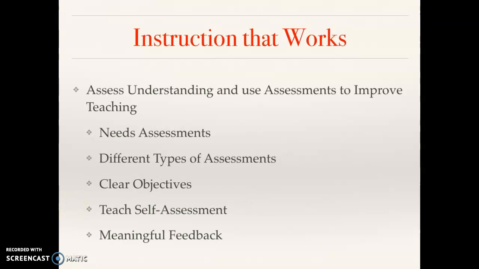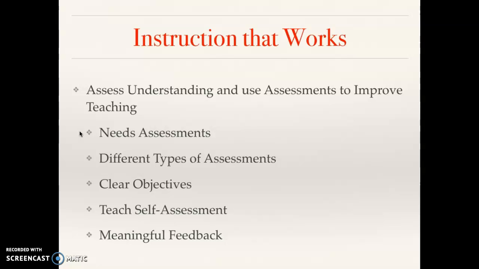We need to assess understanding and use assessments to improve teaching. So this means needs assessments. Before I teach vocabulary and I have this big list of words that I really want to teach my students by the end of the week, maybe just give them a list of them and have them tell us which ones they already know. Do a little survey of ones: I know this, I kind of know this, I don't know this at all. If all students know certain words, then we don't have to teach them. Assess their needs before we